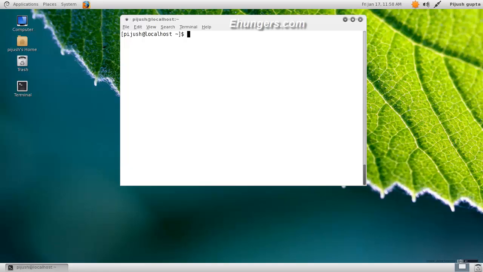Redirection is a mechanism where we send one command's output to a file or take a file's output as an input of a command. This is a sign where we are taking a command's output to a file. This is another example, another sign for redirection, where we are taking input from a file and sending it to a command.